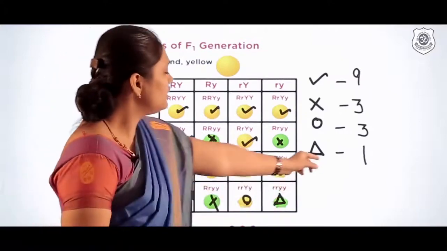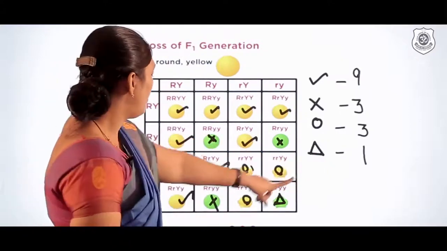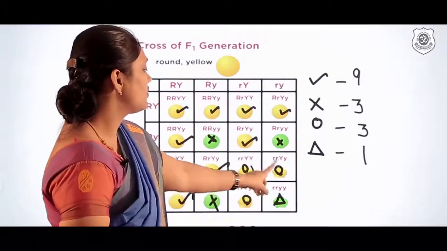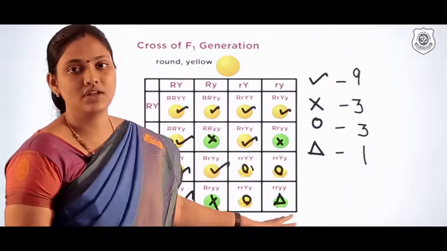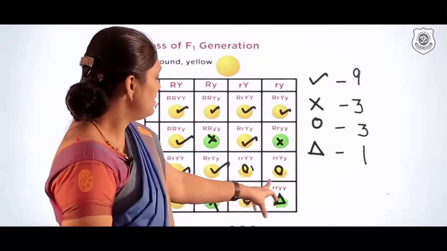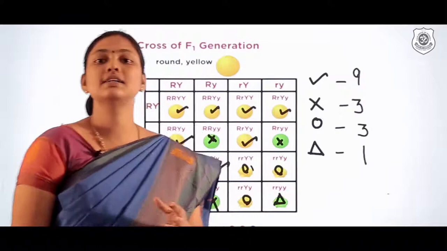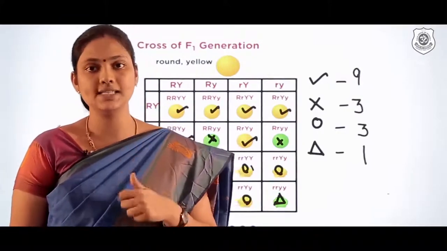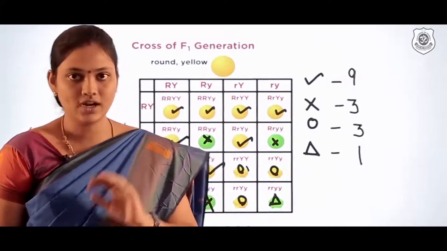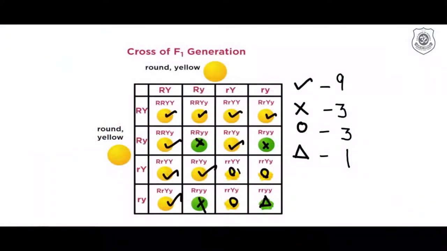You could see only one, the least product, the offspring which is recessive with both genes recessive. For example, wrinkled green. Wrinkled is considered the recessive shape. The same way, green is also considered the recessive color. Can you understand, children? So the phenotype ratio of dihybrid cross, you should remember, a very important term over here is